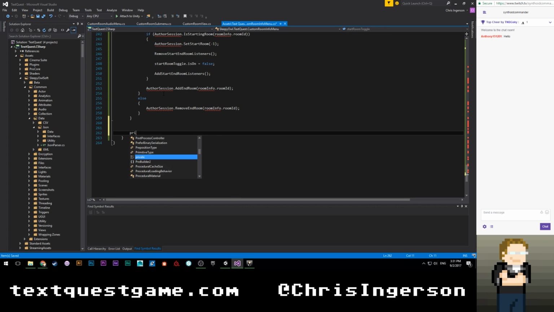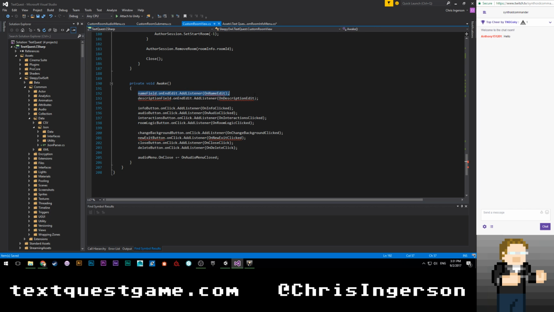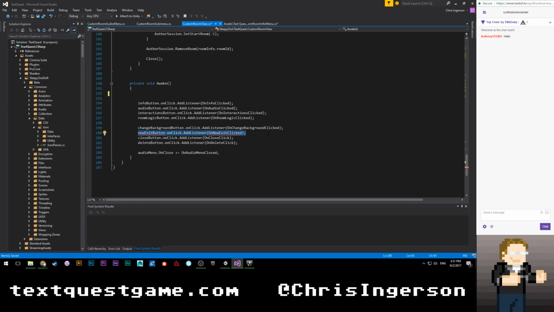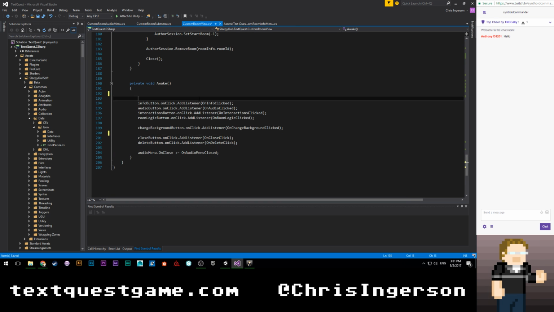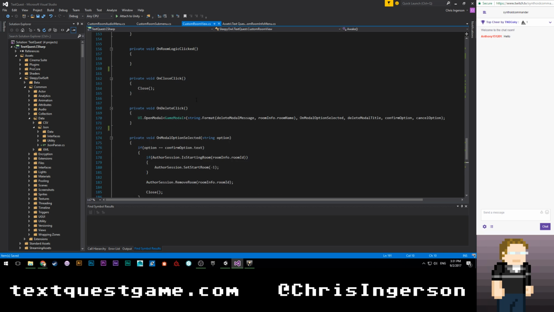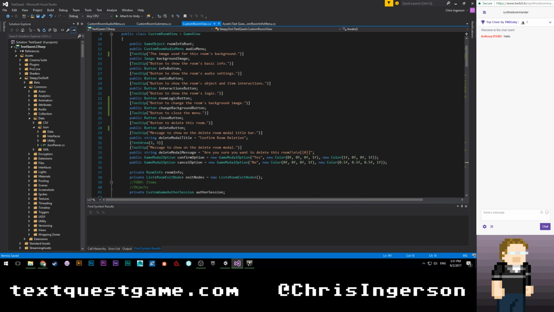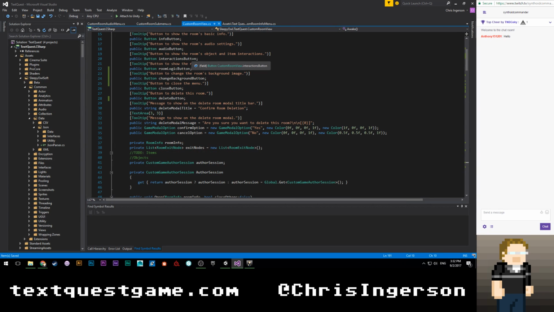So we're going to say private void on, I'm sorry, not on, just awake. Okay, let's grab this. Move these into there. Okay. I think that's all we need to do there. Let's go ahead and get rid of the white space. Okay, so custom room view has now basically been stripped entirely of its basic room info, and it's been moved into our custom room info menu, and we need to actually correct a lot of the